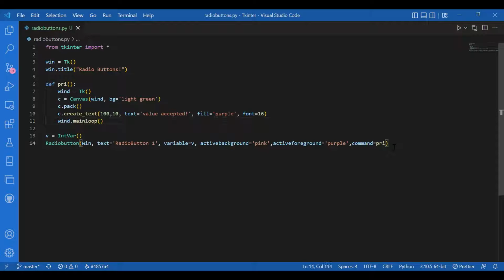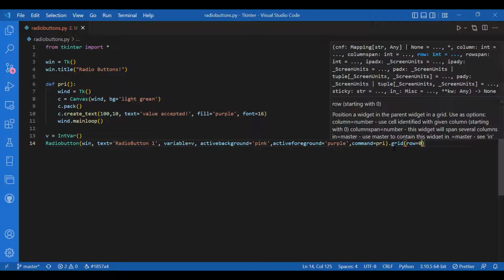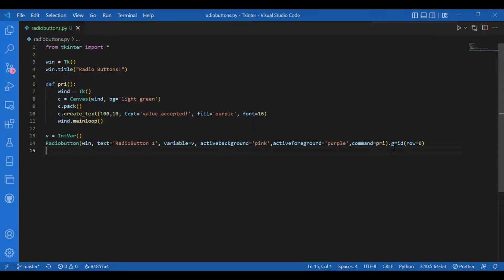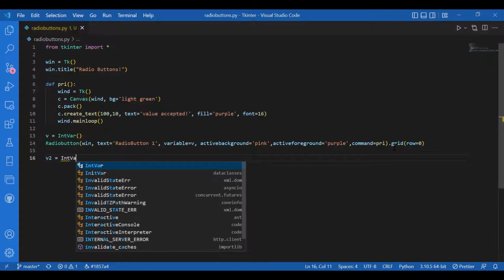I've given pre as command. And now I will use grid for this because I want the radio buttons in a specific line or a row. So I'll write .grid(row=0). Fine. I will have another radio button. So I'll write v2 = IntVar(), Radiobutton,